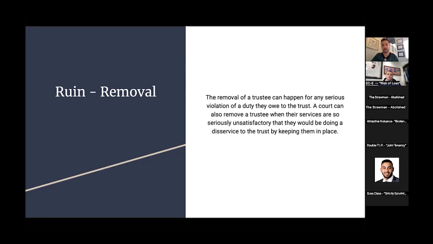Excellent. I know that it's easy for Will to memorize, and maybe me because I've been doing this for so long, but make sure when you're listening, you're testing yourself as you move forward. Do you know what D is for? Valid is for valid. Trust is for trust. Don't is for duty. Ruin is for removal. And there's a key statement here, which is a trust will not fail for want of a trustee. Does everyone know what that means? Is that in your PowerPoint anywhere? It should have been under the trustee.